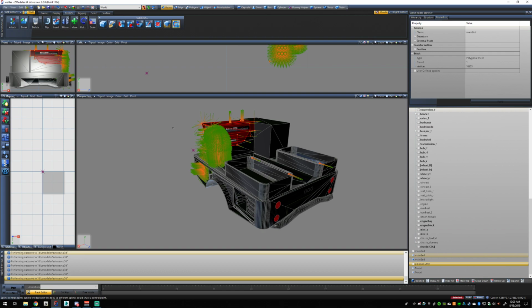And once it finally pops up, there's a few settings we're going to change. If you just leave it default, it's going to screw your model up. But if you change some of the thresholds on it,